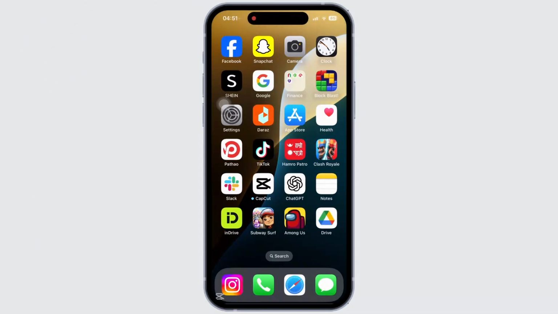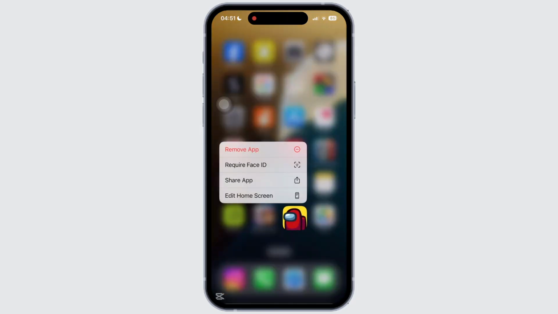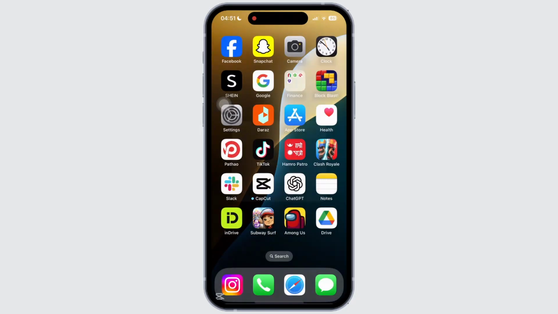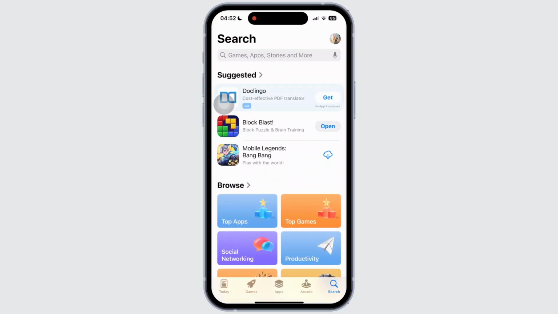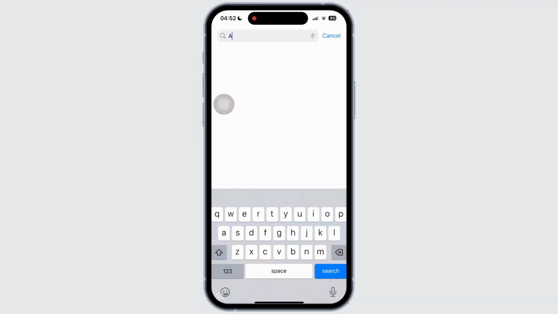Now, in order to log out of this account, all you have to do is long press on the Among Us, then tap on the Delete app and delete the Among Us app. Once deleted, open the App Store or Google Play Store. Then simply search for the Among Us app in the search address bar